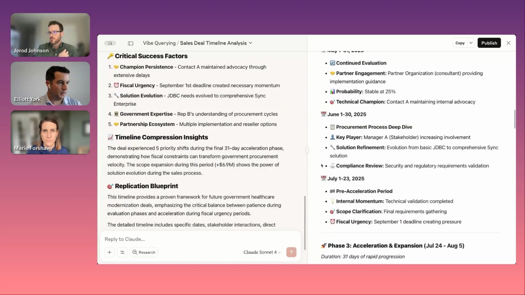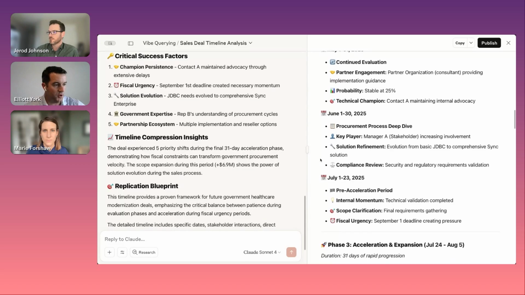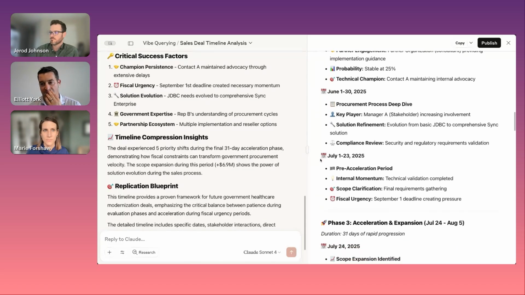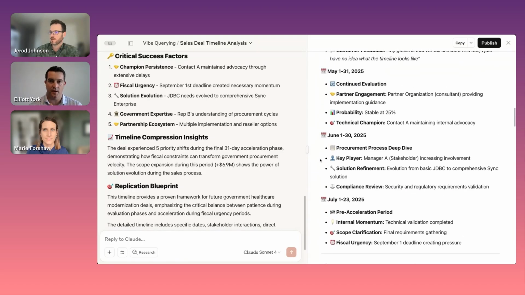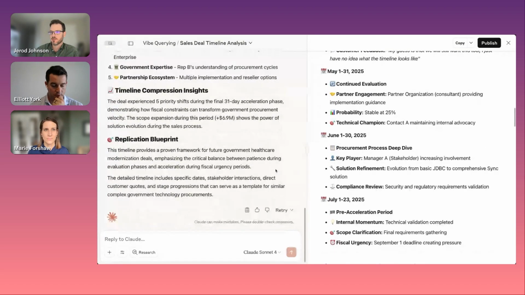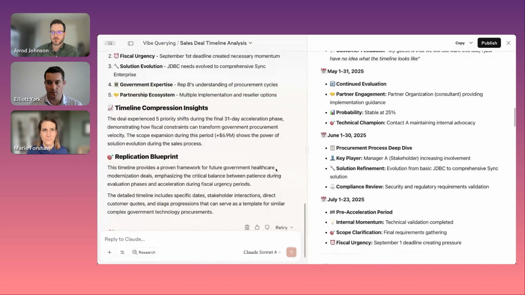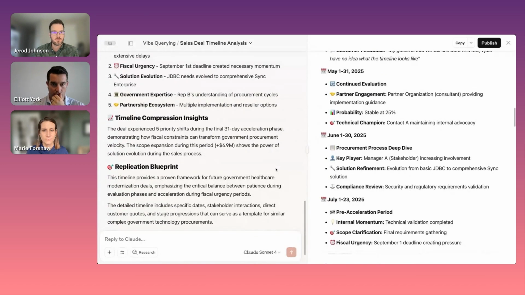The other part of it, and this is often a prompt I ask beyond this, is to tell me a little bit more about interactions before the opportunity was created. That's probably where this prompt needs to be refined a bit. What I found is this was an existing customer of ours for a couple of years, and that's not within the prompt, of course. That's a second prompt on top of this. They were a customer of ours for several years.